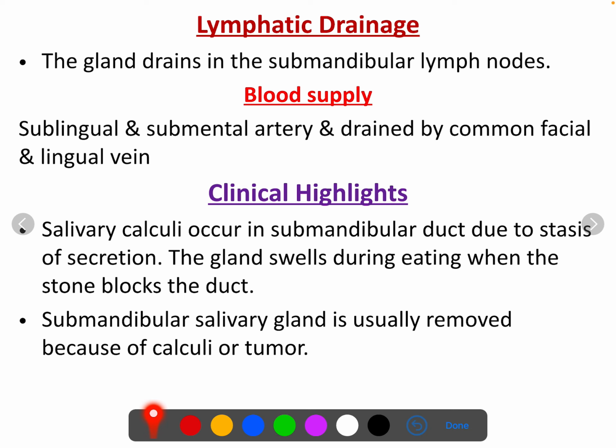Then the last one, the applied anatomy or the clinical highlights of the submandibular gland. Salivary calculi occur in the submandibular duct due to stasis of the secretion. The gland swells during eating when the stone blocks the duct. The second one, the submandibular salivary gland is usually removed because of calculi or tumor. So that's all about the